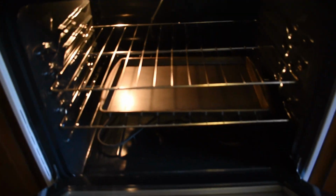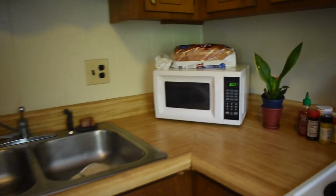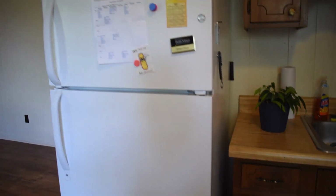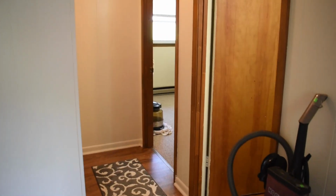Like the stove, the oven is spotless, and so was the bathroom and everything. So yeah, I was very, very pleased. You see, I got my nice big fridge. Don't have much in there right now, so I'm not going to show you that because I have to get some more groceries. But yeah, so we're gonna walk down the hall, and the first door you come across is